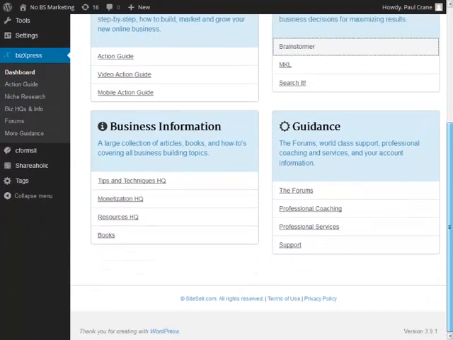Business information. SiteSell has always been known for providing a ton of great information, just reams of information on almost an infinite number of topics and so on. So you can basically see all that here. Tips and techniques, all sorts of tips and techniques. Obviously, monetization